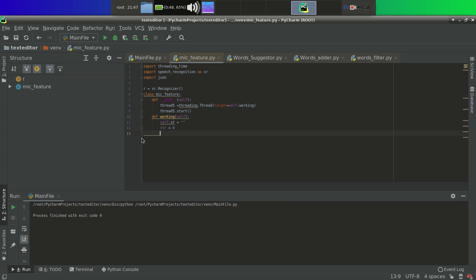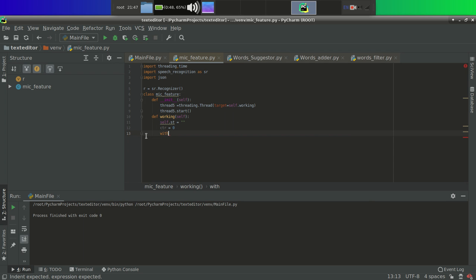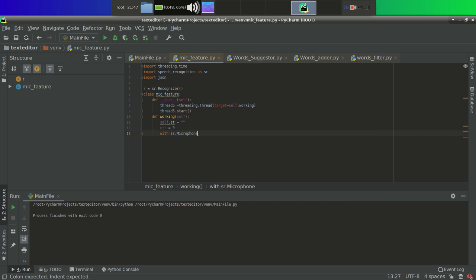So I am starting the mic. For starting the mic, I have to use with sr dot microphone as source, which means I am turning this mic on.